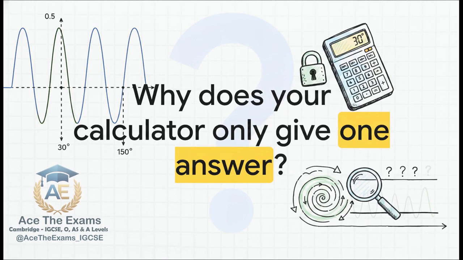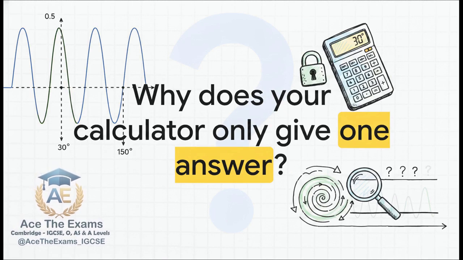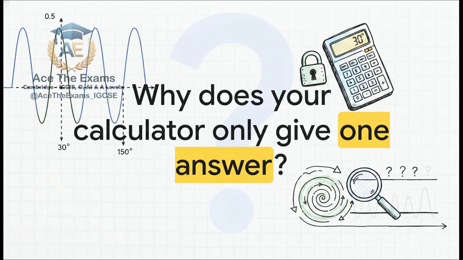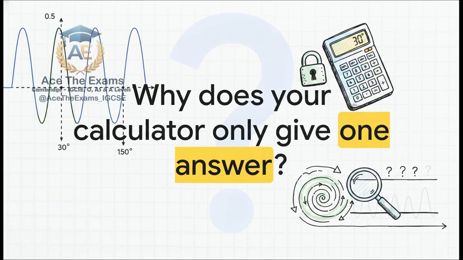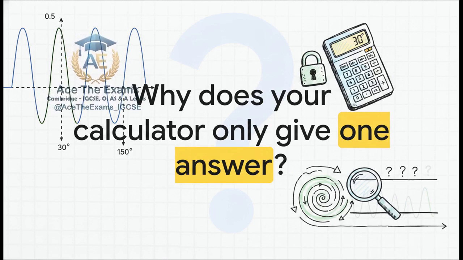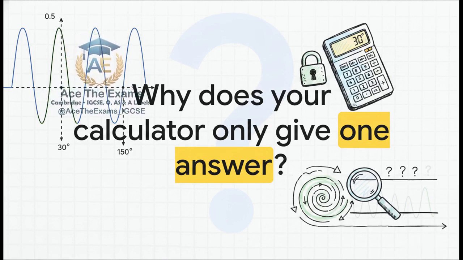But we just learned that the sine wave repeats forever. It hits 0.5 infinitely many times, so why only one answer? Well, your calculator has a built-in limitation. It is programmed to only provide the very first primary angle. It is entirely up to you, the student, to use your knowledge of the graphs to hunt down the rest